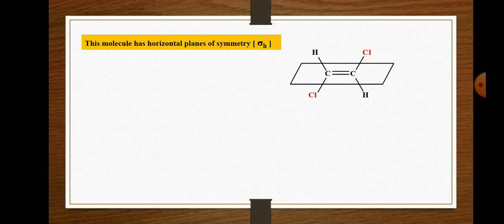So when you cut all the atoms present in the molecule equally, it must be a horizontal plane, which is perpendicular to the rotational axis. I think you have to know that that is the C2 axis. So the trans dichloroethylene molecule possesses a horizontal plane of symmetry, indicated as sigma h.